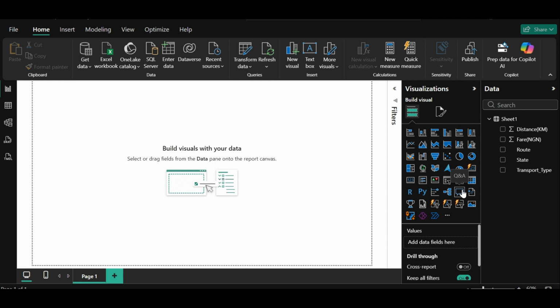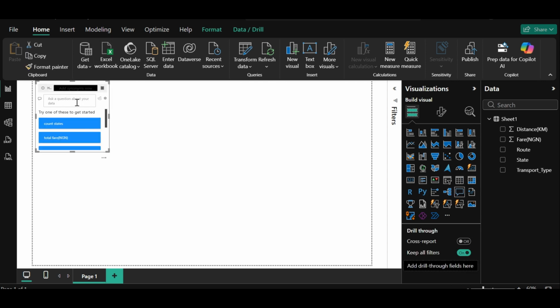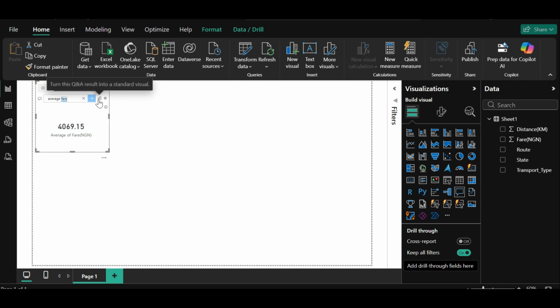You can actually have a question, or you can use your Control slash to bring it out for speed. You have this question, then you do average pay. Take note that when you are writing any part of your questions, it must include your column so that Power BI can actually relate to your question. So can you see, you can have average data. You click on this one and make your results show